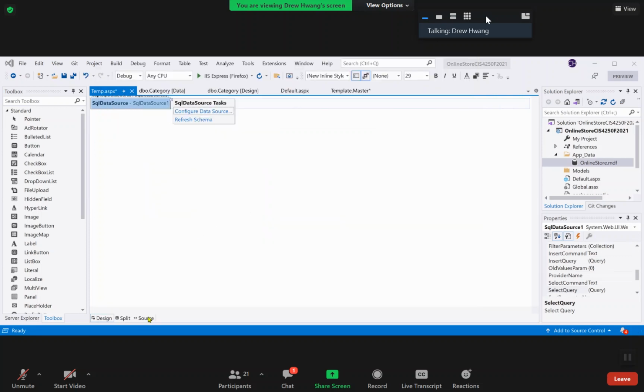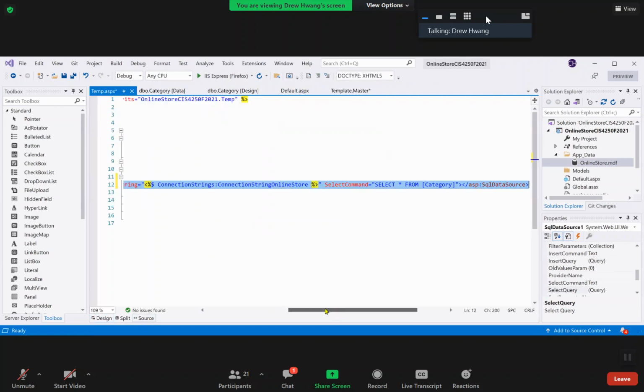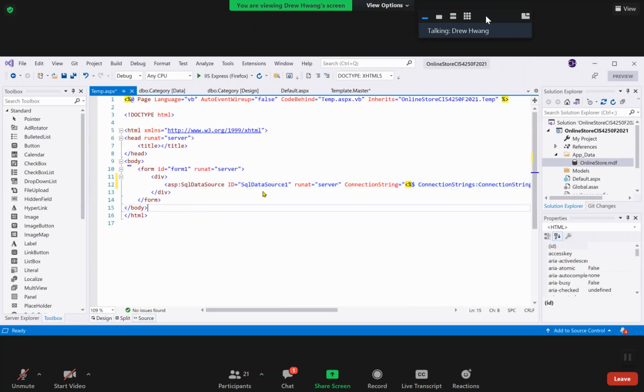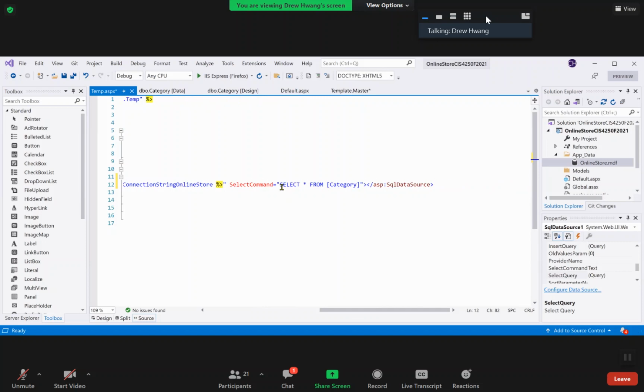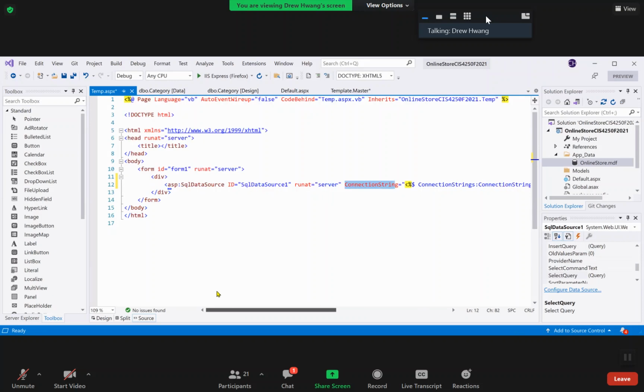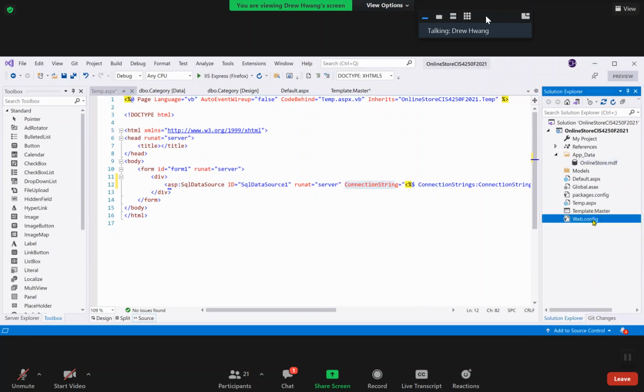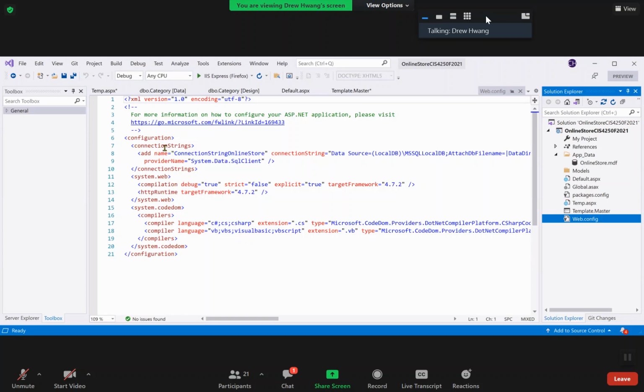After it's done, if you go to source, you're going to see now the SQL data source, and then you have this connection string, the connection string online store. Now this is a parameter, and by default we have this select everything from category. This is only the temporary working. Once you do this, if you go to your web configure file, you'll see this is actually an XML